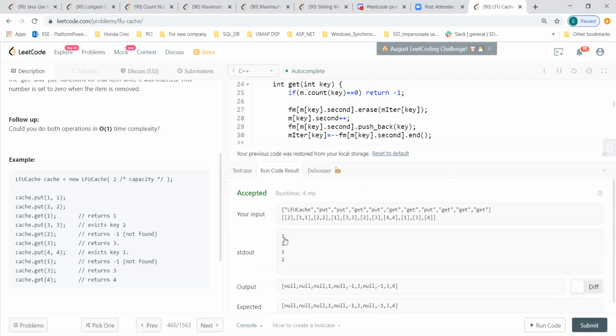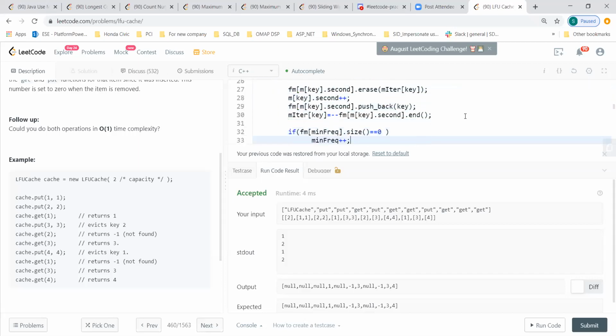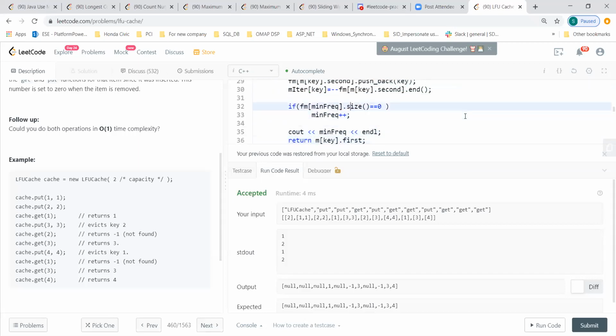I'm sorry, we are not doing it for put, we are doing it for the get. So we did put 1, 1, we put 2, 2, and then we did get 1. In that case, the minimum frequency was 1.